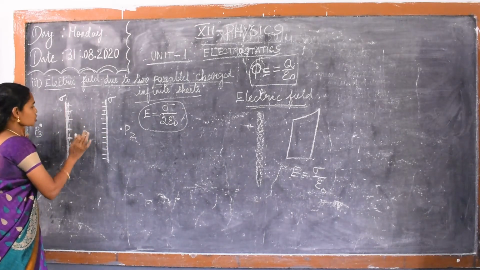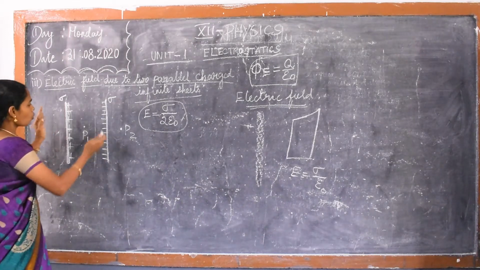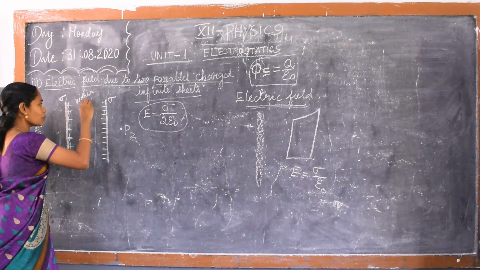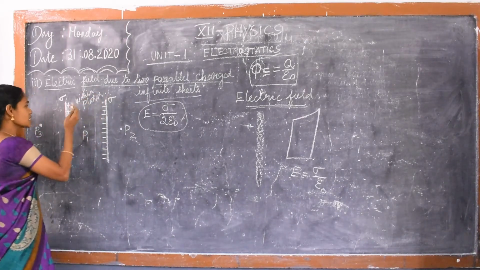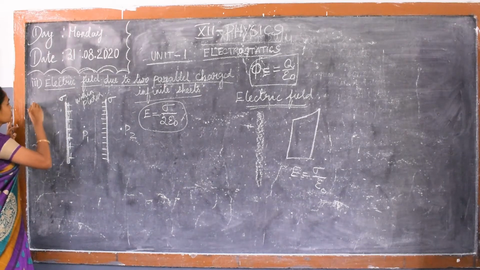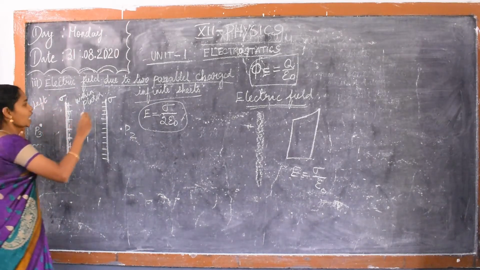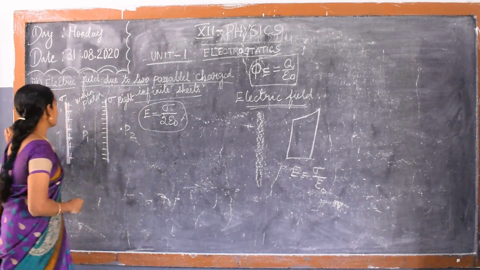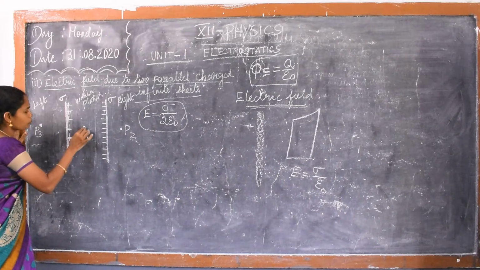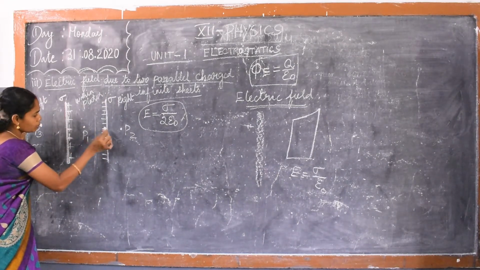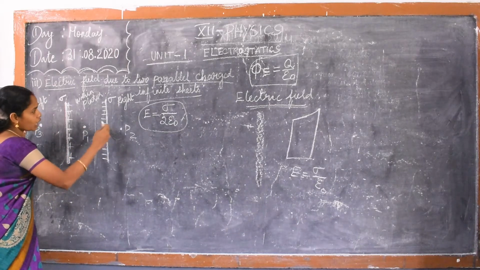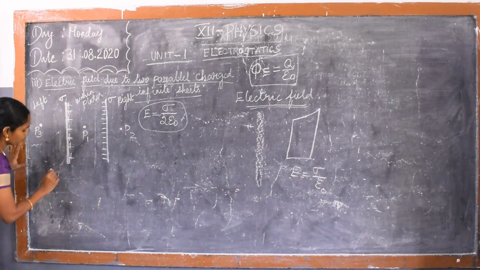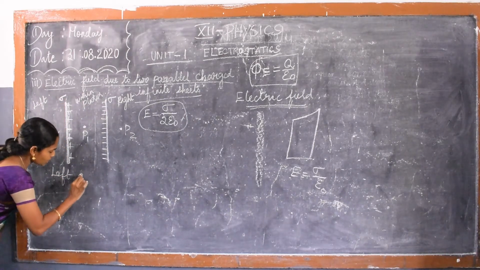For these calculations we are taking three regions. One region is within the plates, one is outside on the left, and one is outside on the right. We consider three points: inside the plates we consider point P1, and outside, P2 and P3. First we are taking the left side region only, so left outside.